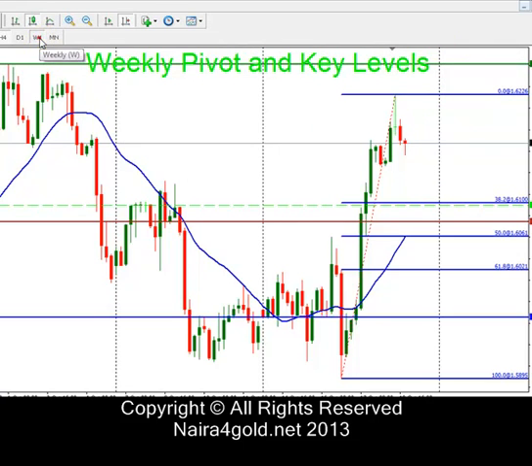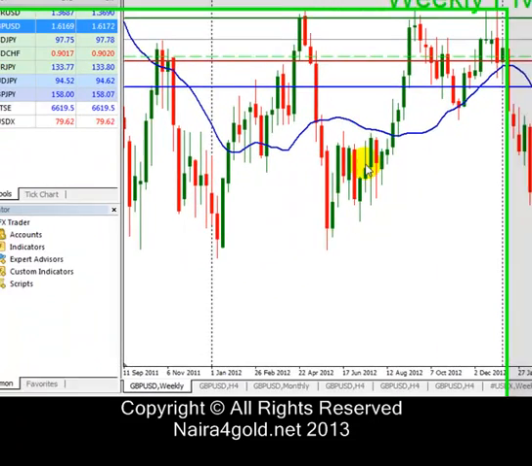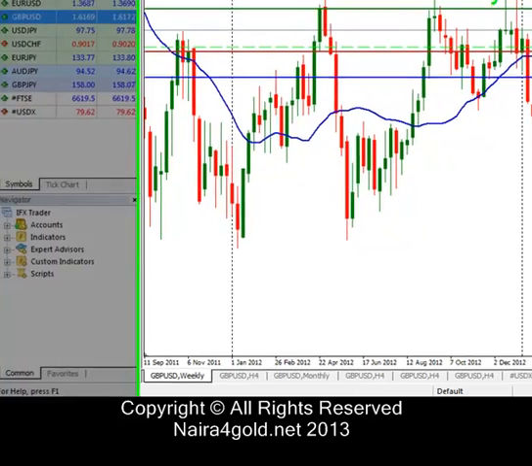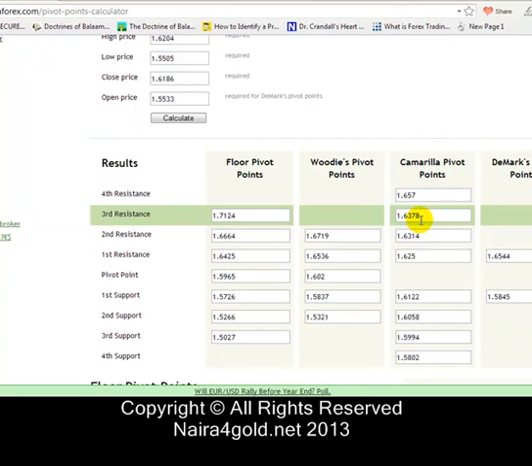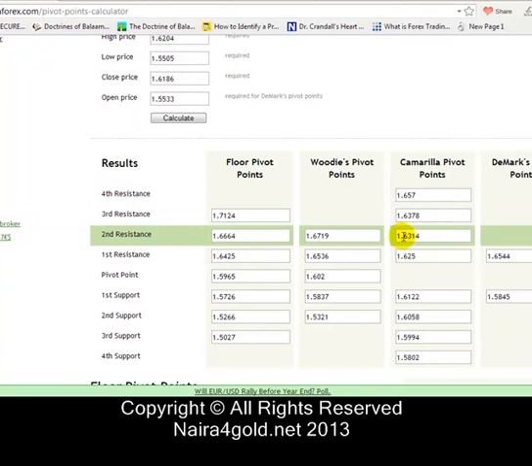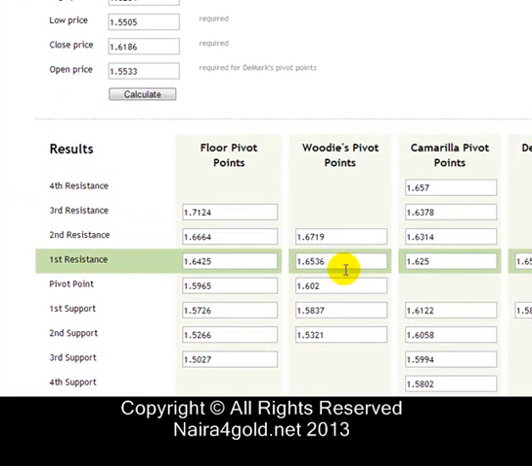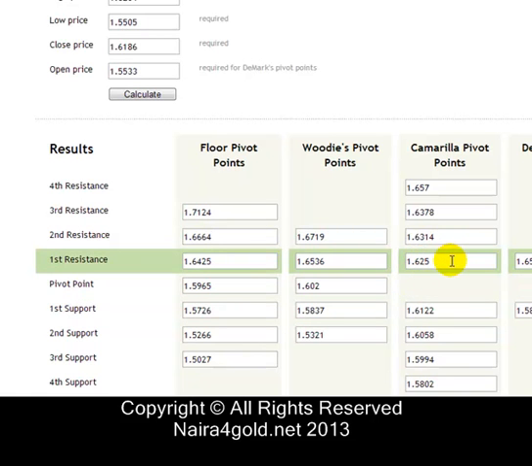All right, now back to the weekly time frame. If you notice here, you'll see that this is for this entire year, and this was all that happened in 2012. And you see the price is approaching a very significant key level. There's a pivot point analysis I did on the monthly time frame here, and you notice that 1.6378 is instructive, 1.6314 is instructive. That's another support resistance level 2, and you also see that 1.6250 is support resistance level 1